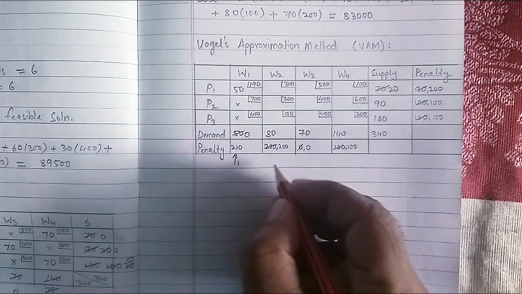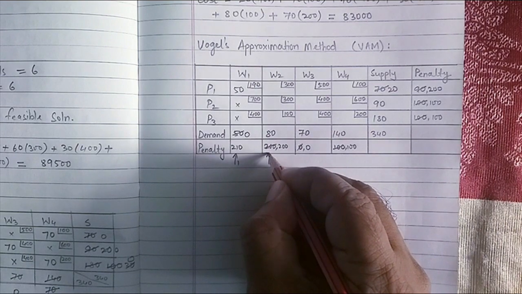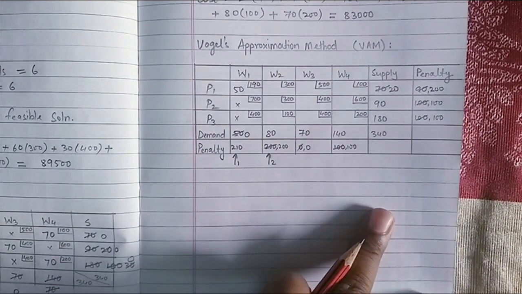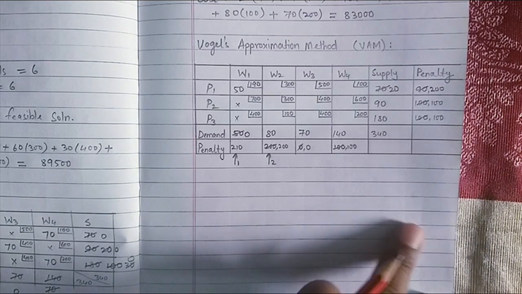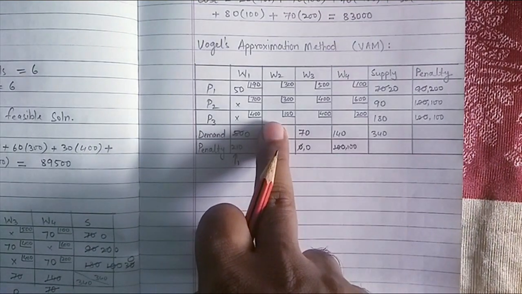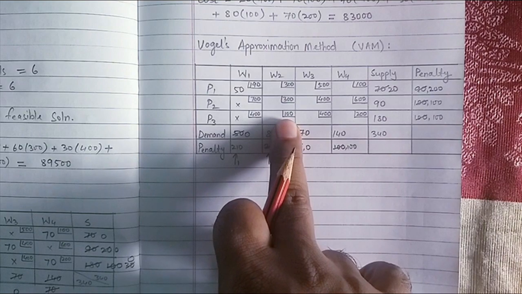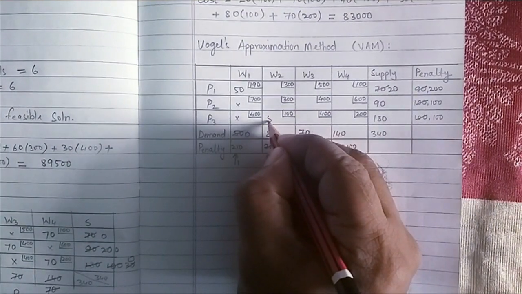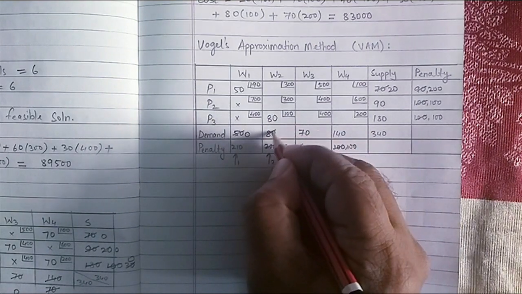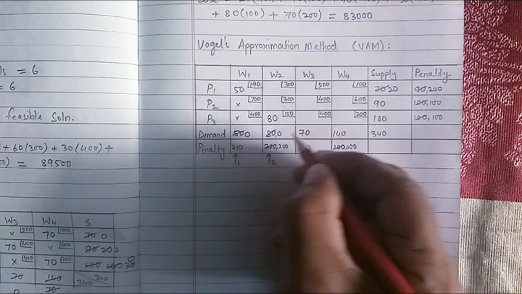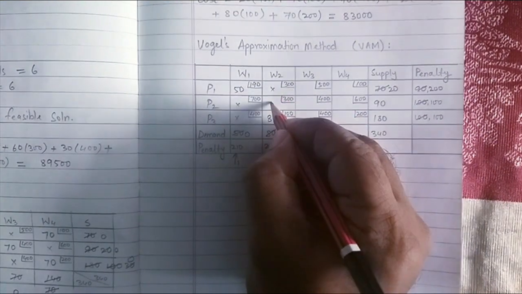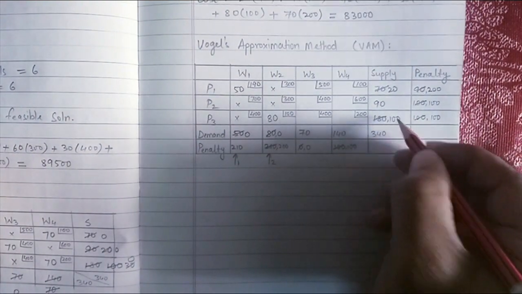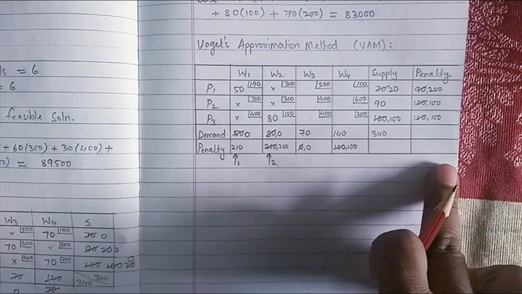So I will go to this column and do the allocation. So do the allocation in the cell having the least cost here, 80 and 180. So 80 is my allocated value. Subtract 80 from 80, I get 0 here. Cross this out, do the subtraction here as well. I get 100 units remaining.